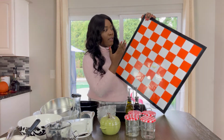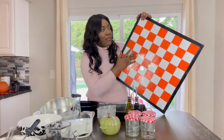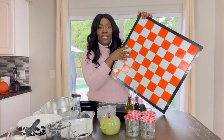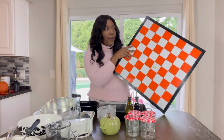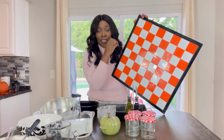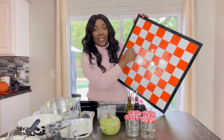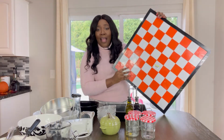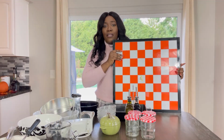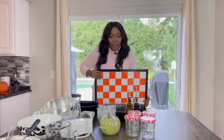So for my friends who are always playing games, checkers, chess, this is perfect for games night or just a function that you're having where it's laid back, a pool party or something like that. So this is hard plastic and I absolutely had to have it. So this isn't a part of the kitchen